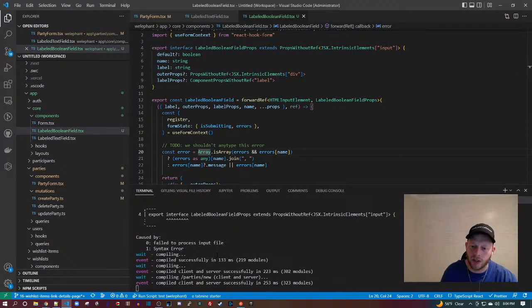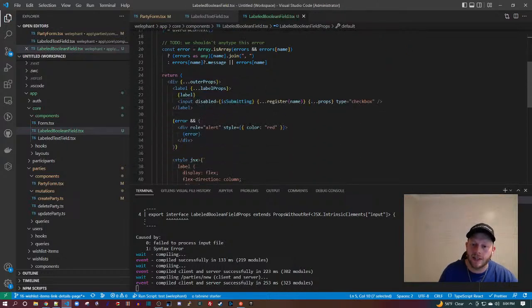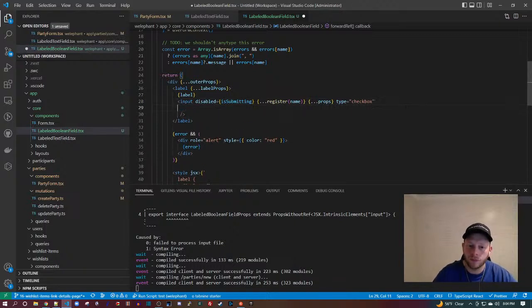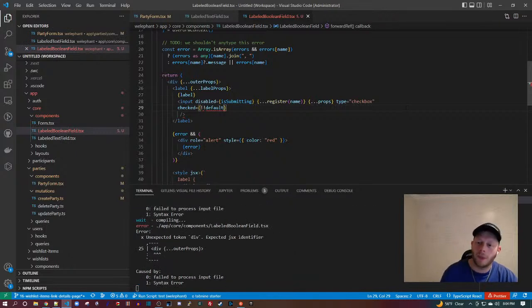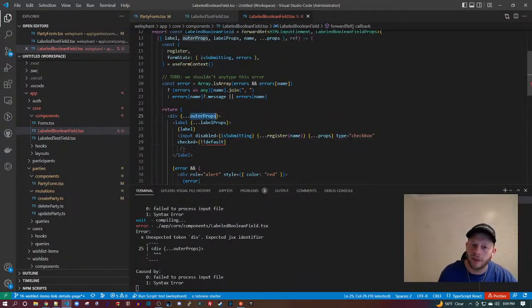That feels like good news. So we'll take this default, and if it does exist, input, and then we'll say checked equals, we'll Booleanize the default.